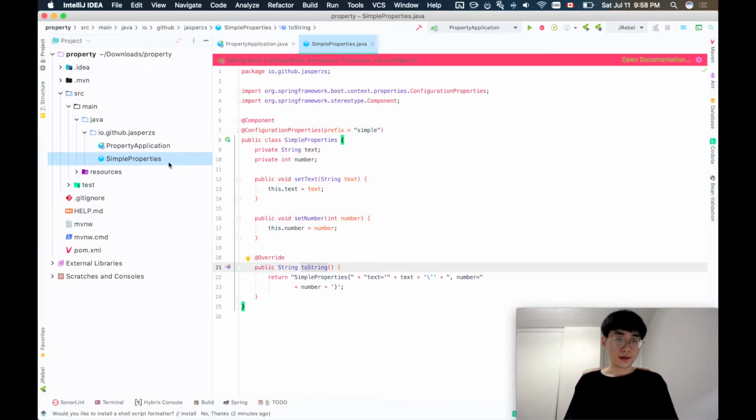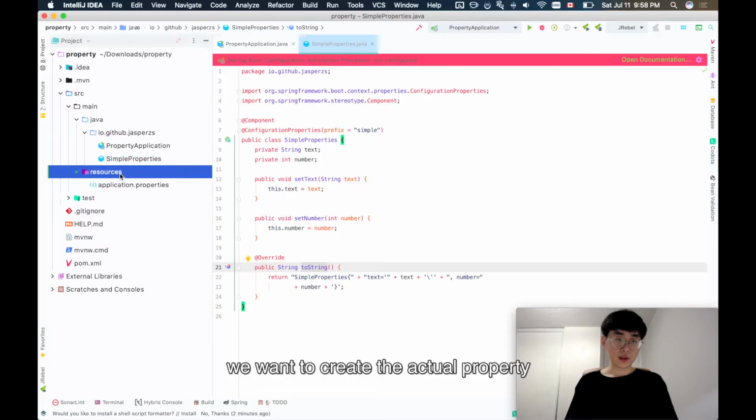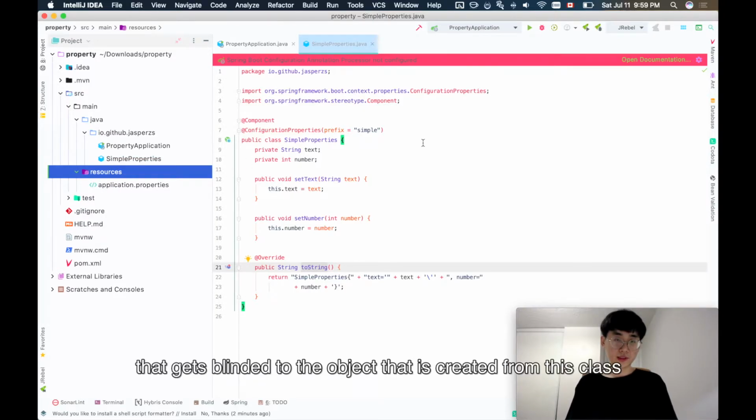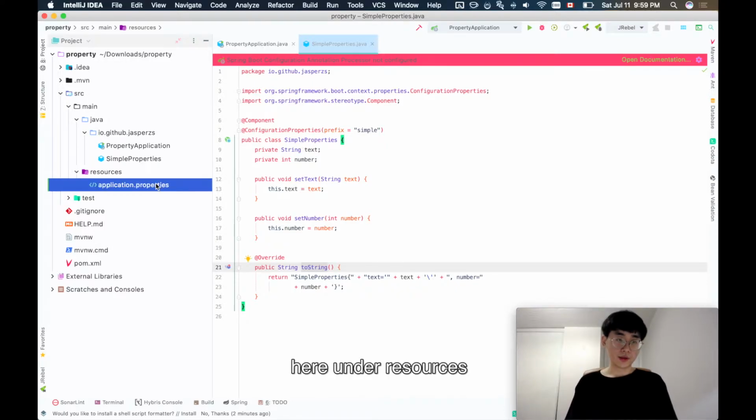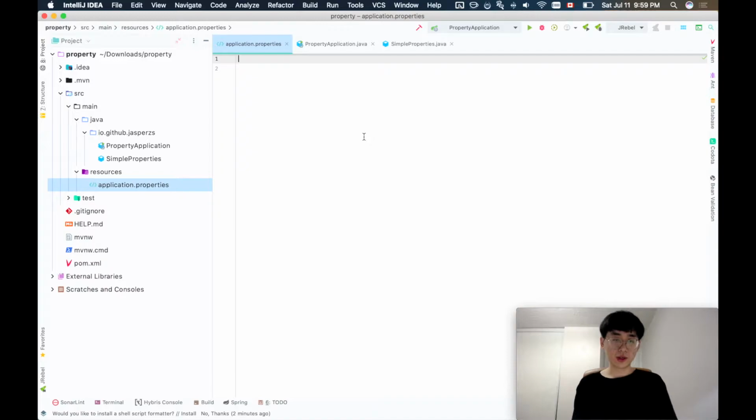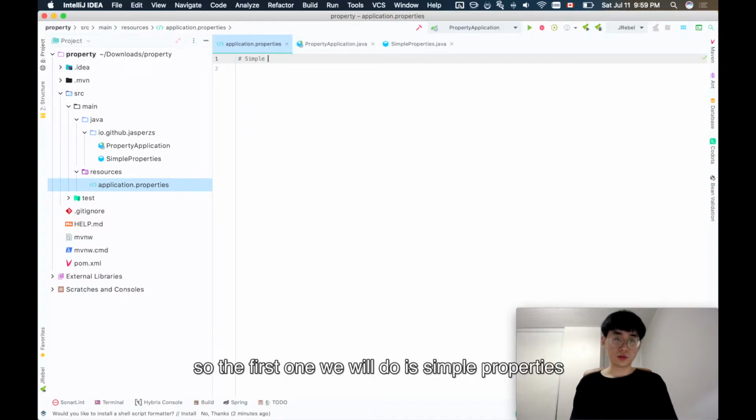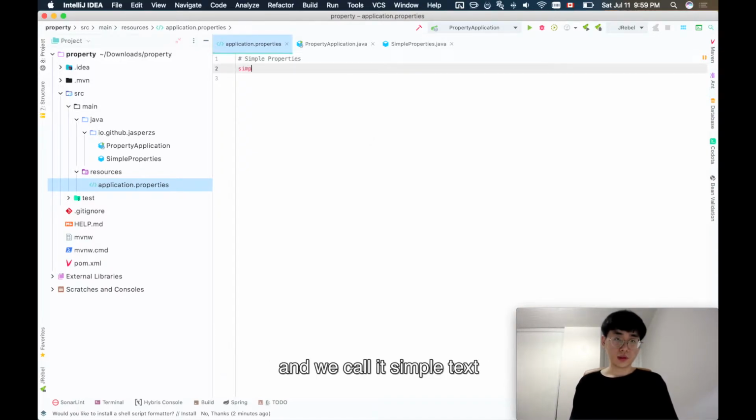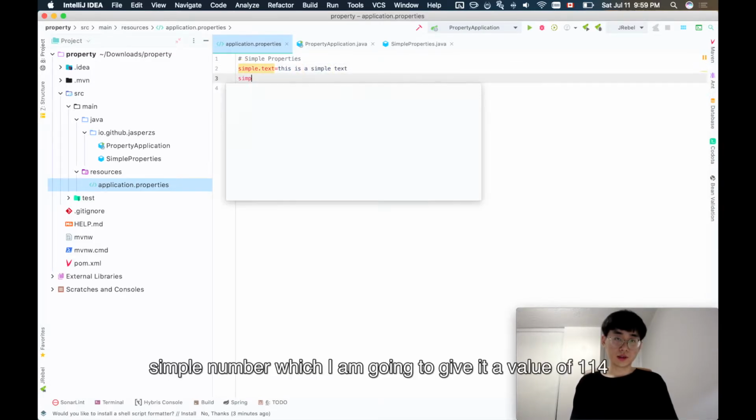Next thing we want to do is we want to create the actual property that gets bound to the object that's created from this class. Here under resources, we already have application.properties automatically created for us to use. So the first one we'll do simple.text, and the value is just gonna be, this is simple text, simple.number. We're just gonna do it